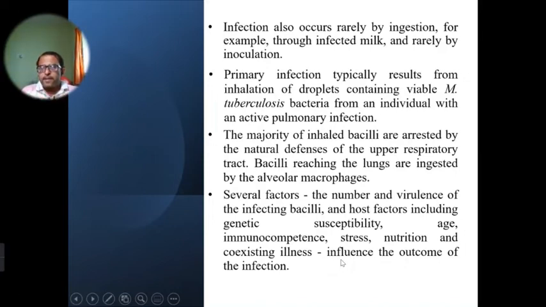So the primary infection in a healthy person occurs because of the inhalation of droplets containing viable Mycobacterium tuberculosis bacteria. After that step, all these bacilli are engulfed or ingested by a special kind of